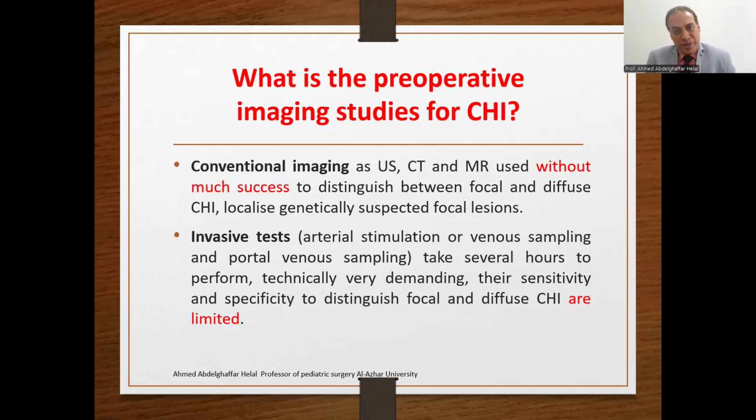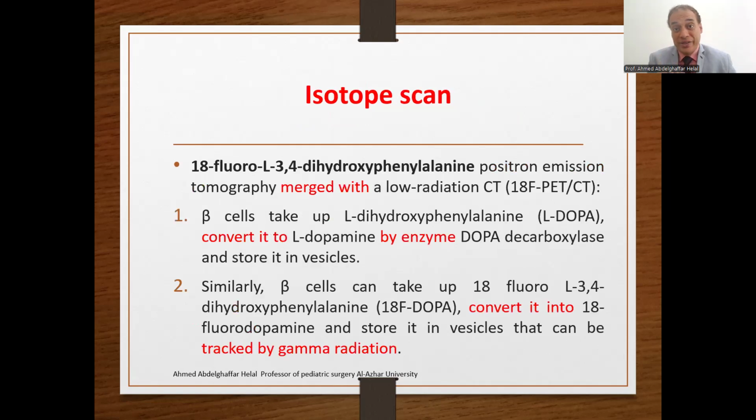Unfortunately, the conventional imaging, like ultrasound, CT, and MR, is used without much success. Also the invasive tests, like arterial stimulation and venous sampling, portal venous sampling to show high insulin and glucose levels, usually take several hours and are technically very demanding, and their sensitivity and specificity are very low to differentiate focal from diffuse disease. The most used today is the isotope scan,